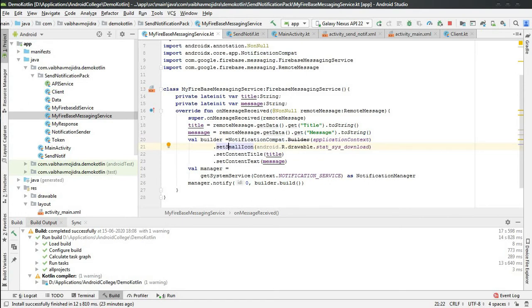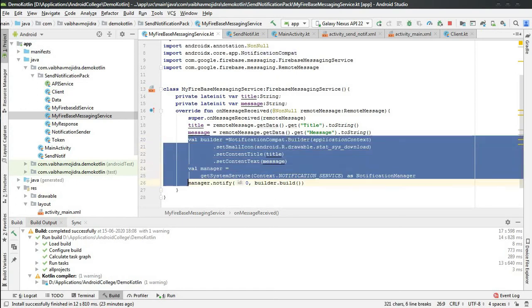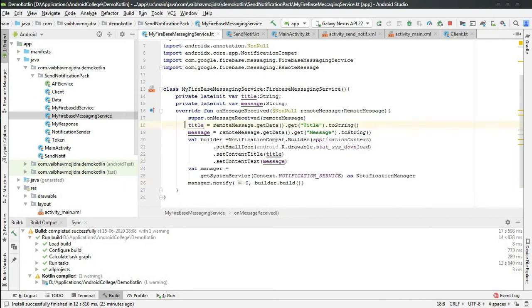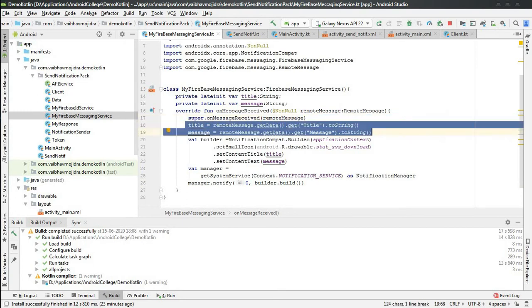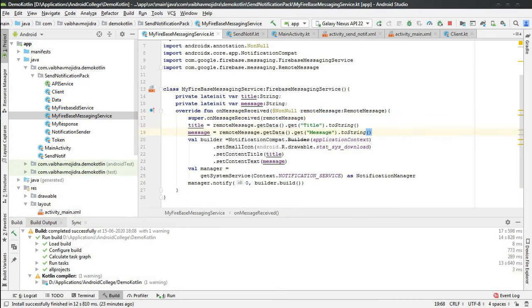The message will be received, but it won't show the notification, because above Oreo the notification compat has to register itself with a channel ID. You can Google it: how to get push notification above Oreo version. You will get ample sites which show how to do so. This is a simple code which supports only below Oreo, just to show that the notification is received. So I have not made any big complexity. It's a simple code of push notification.